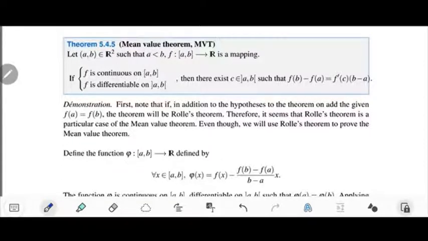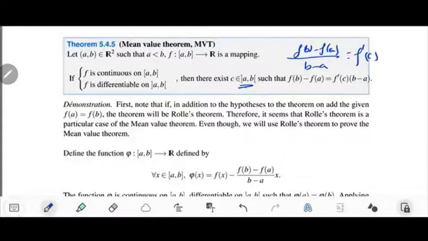So it gives that there exists a point C between A and B such that f of B minus f of A is equal to f prime of C times B minus A. Or it can be written also f of B minus f of A over B minus A equals f prime of C. Now, to prove this theorem, even though it seems that Rolle's theorem is a particular case